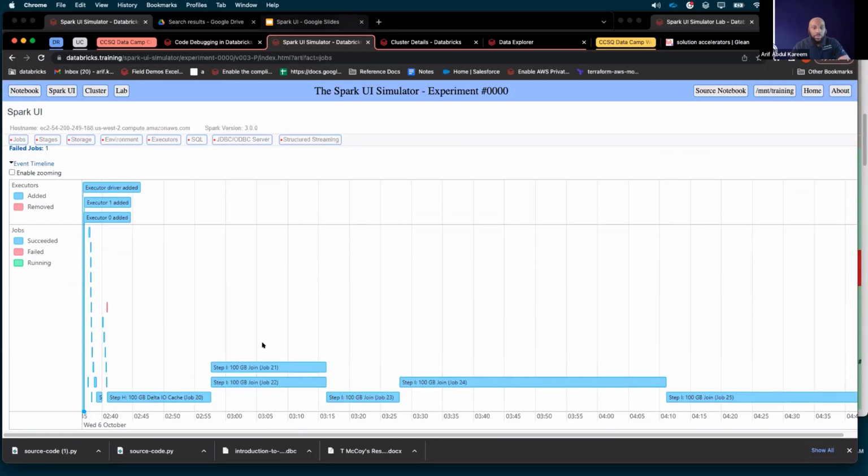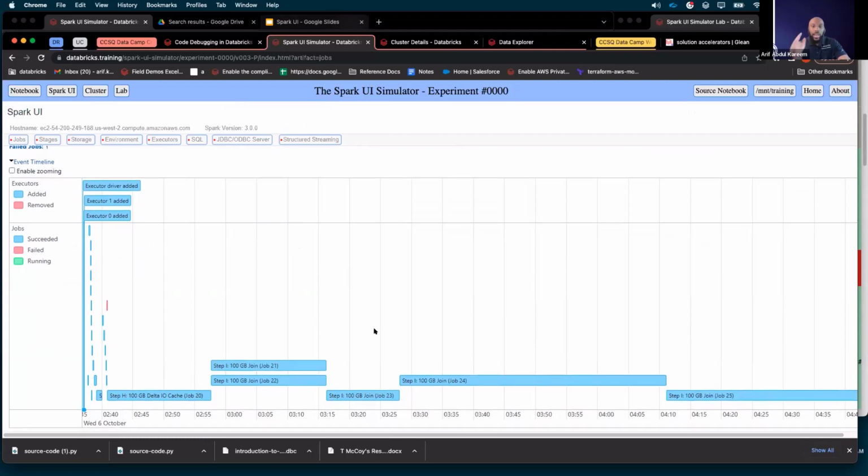This will show you jobs that ran, and how long it took to run each job. It will also show you the jobs that failed versus the jobs that are currently running and the jobs that succeeded. So I think this is the most useful, right? This is a nice visual representation of your code